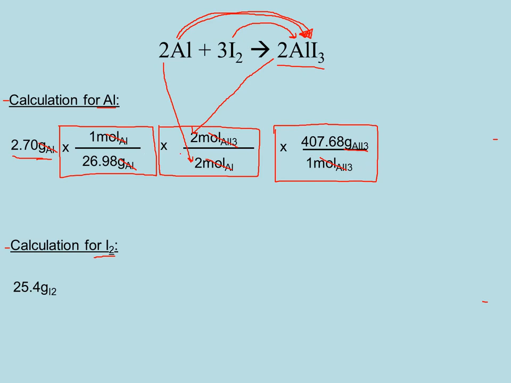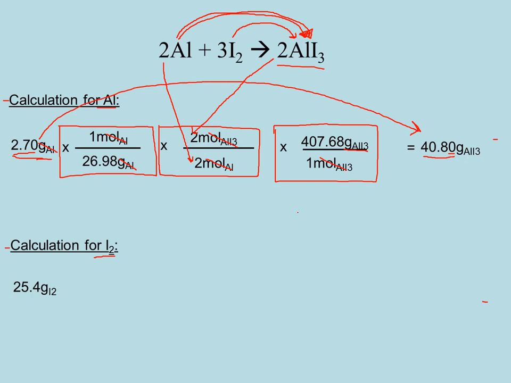So you should have had that set up. For every conversion factor, write the units in there as well, write the labels on there because we're converting between different substances and you don't want to mix them up. You should have gotten 40.80 grams of aluminum iodide. Again, I'm going to carry 4 significant digits. I know I'm going to have to answer in 3, but until I get to my final answer, I'll carry 1 extra significant digit. So if I used all of my aluminum, I would produce from that aluminum 40.80 grams